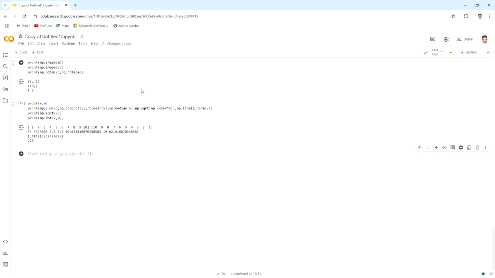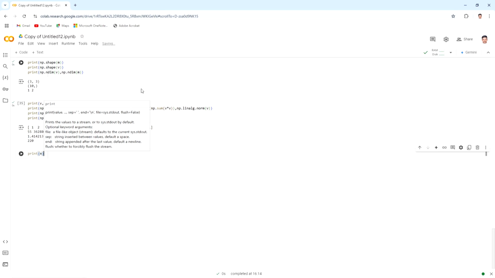So, how do you find the determinant of a matrix? How do you find the inverse of a matrix, and how do you find the rank of a matrix? Okay. So, I will just illustrate these three. You can do more things like eigenvalues, singular value decomposition and many more, but that is not required for our course. Okay. So, I will print M, so that you understand that this is for M, and I will